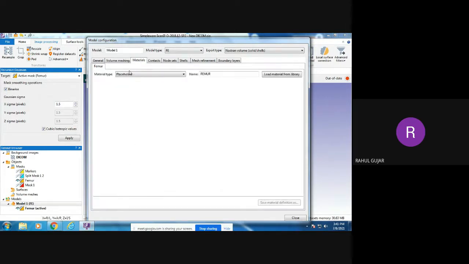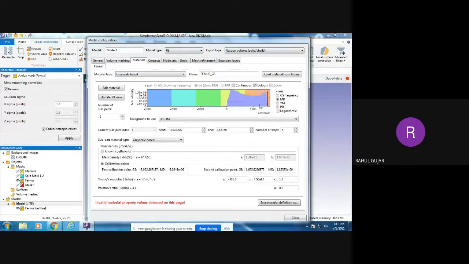Then materials. Here you will get the material properties, which are grayscale based material properties. I'll click on that. You can see the grayscale versus mass density graph will come. This comes automatically because there is an algorithm working behind Simpleware ScanIP. So I'll just set the limit of it. You can scroll the complete pointer. Whatever the blue color shows is the grayscale value for that model, so I'll keep it near that. On the other side, I will move it till this, you can see invalid material property values detected on this page.